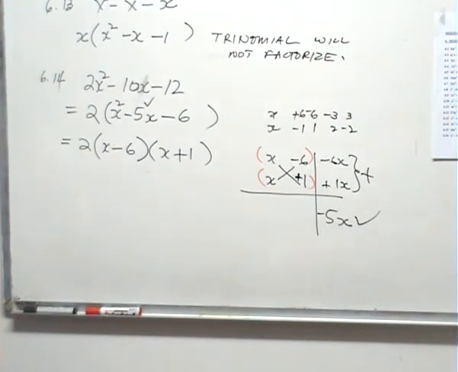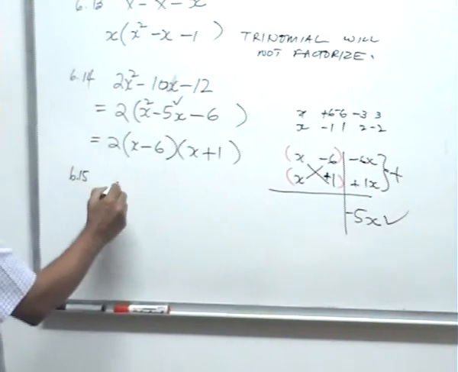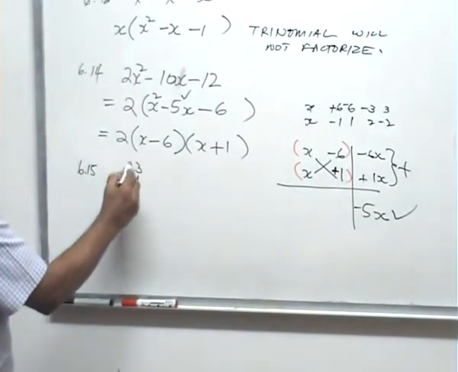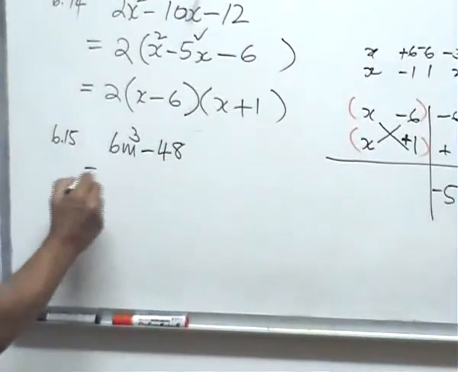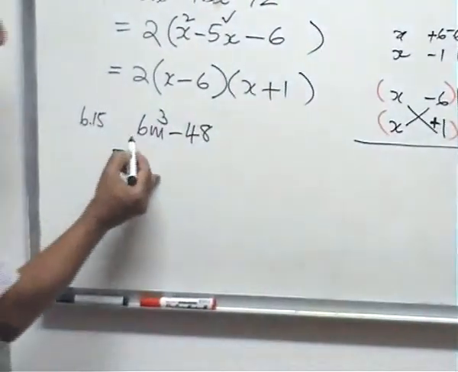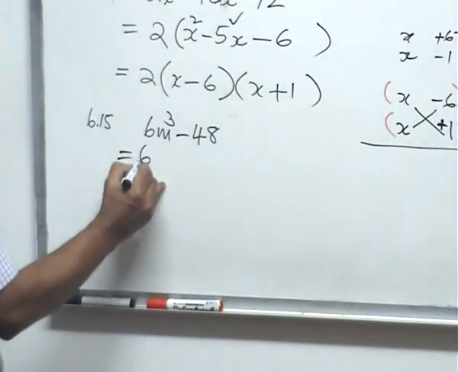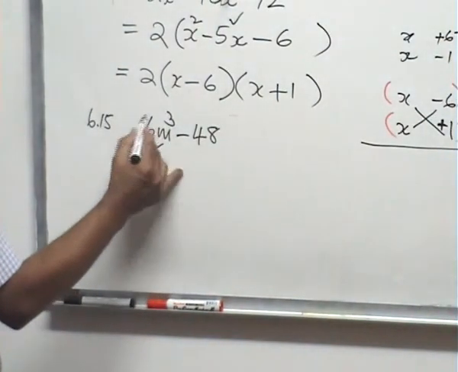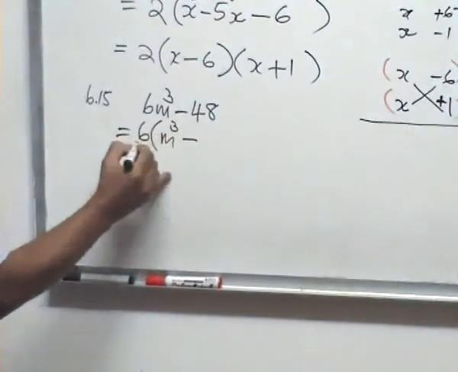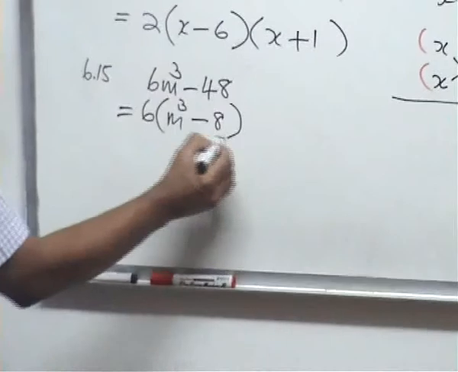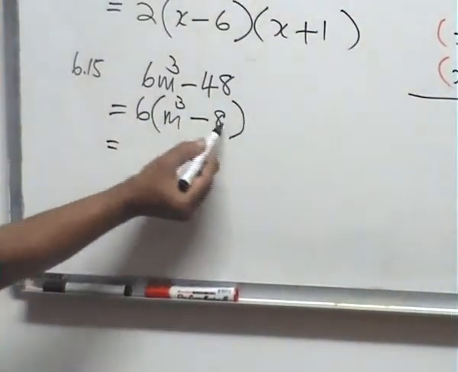And finally we're going to do 6.15: 6m cubed minus 48. I'll write the answer below it. When I study it carefully, I find it has a common factor, which is 6. Divide 6m cubed by 6, m cubed. Divide minus 48 by 6, minus 8. And then when you look at the second part now,